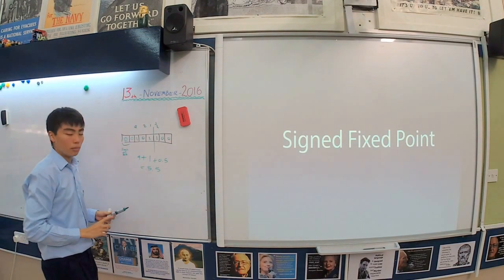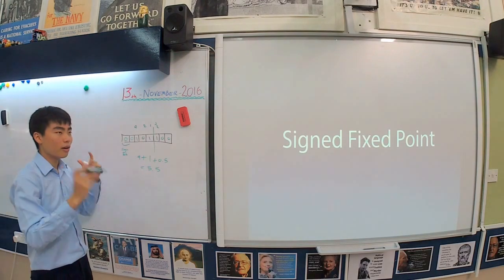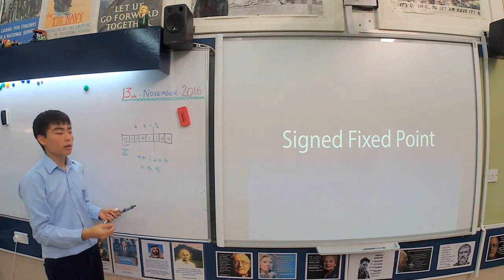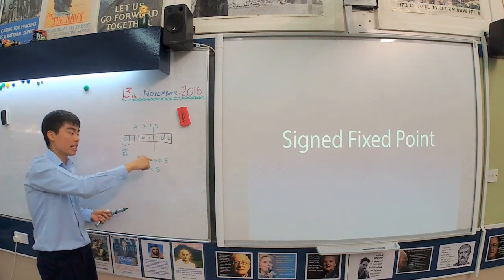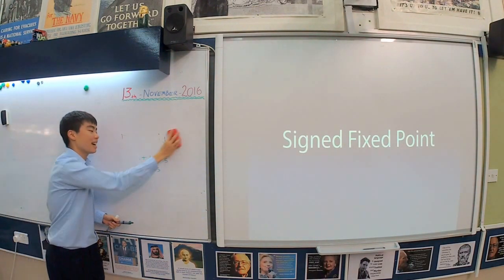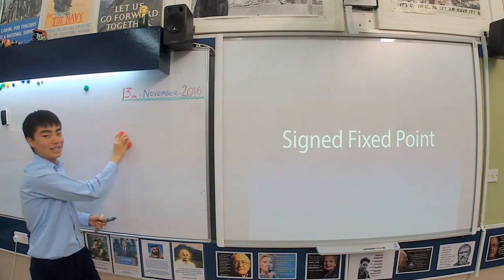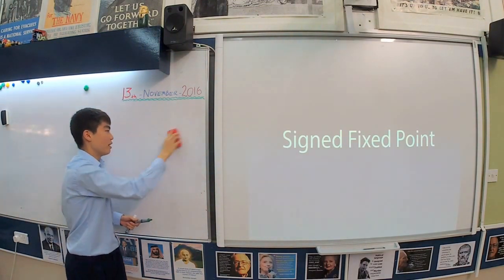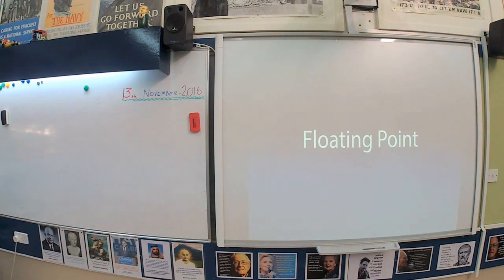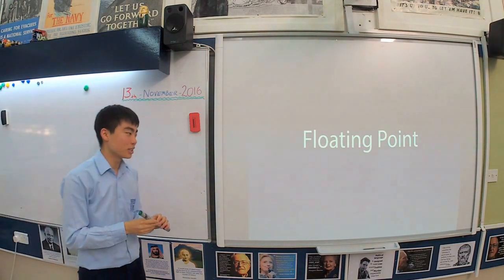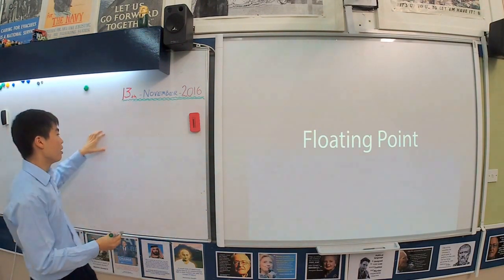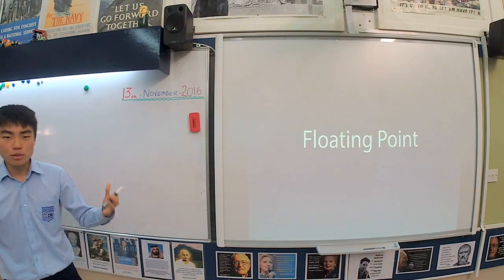That's quite simple, but we can also actually use 2's complement for fixed point as well, and it works exactly the same way. We just have to consider the fact that there is a decimal point there, but we're not actually going to go into that, but it's exactly the same thing. It's literally the same, and we are going to revisit it very soon as well. So let's finally move on to floating point, which is what we really want to know about. This is the kind of interesting one. How do we get this point to kind of float around and kind of move? Well,